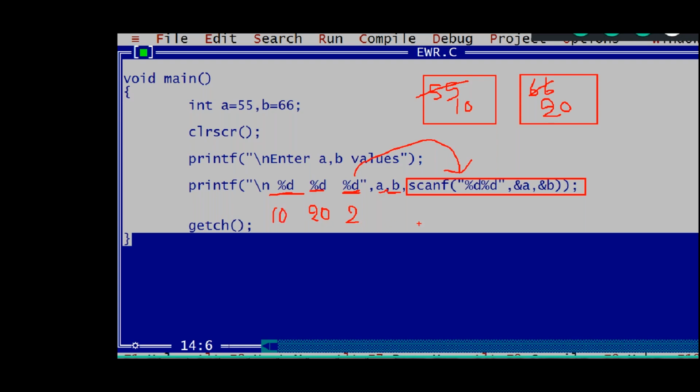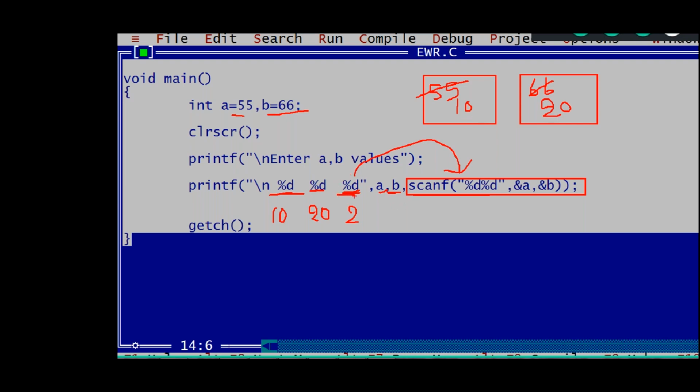Scanf value. What is scanf value? This will be executed first. That's the meaning. That is 2 first. Now what is this percentile? B, that is 20. This percentile is the 10 value. 10, 2. Clear it is. Now once executed, it will ask to enter A and B values. I entered 10, 20. Then the answer is 10, 20 space 2. Got it? No doubt, right?